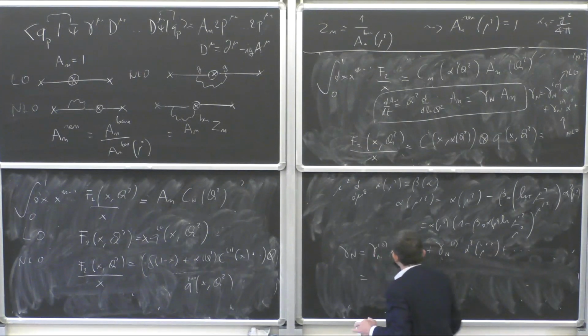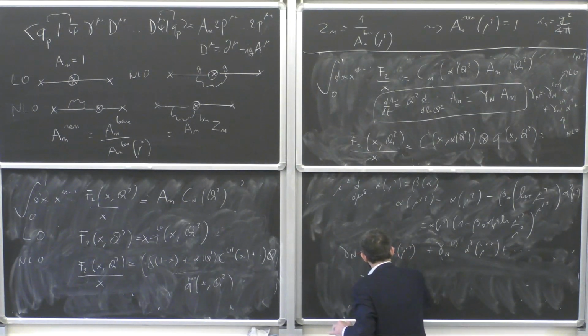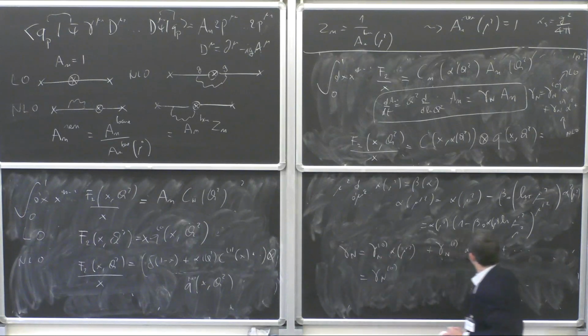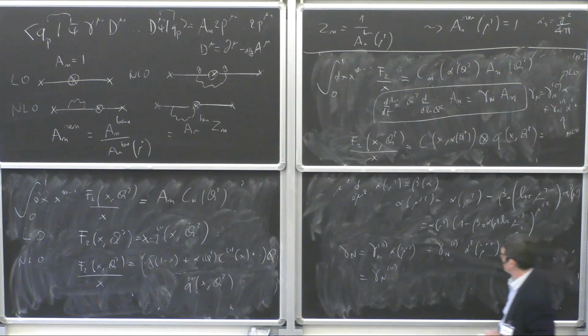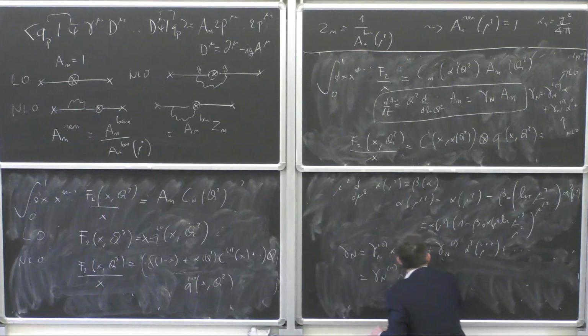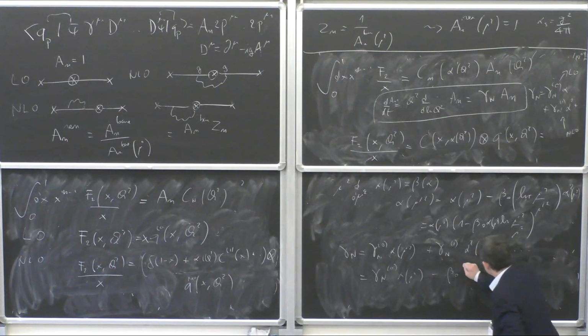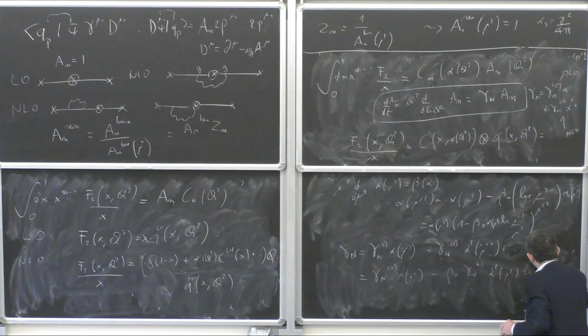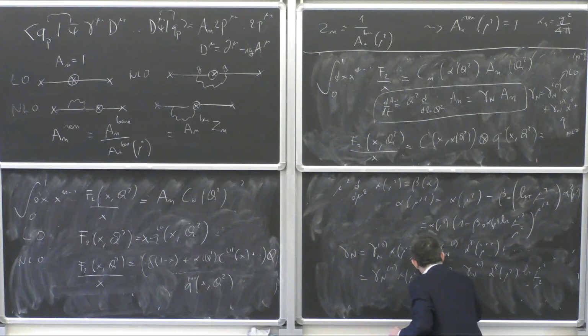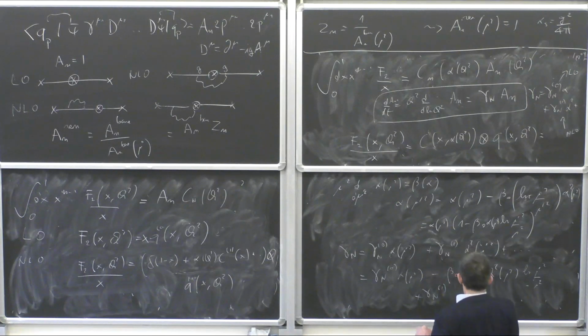Then I substitute this equation down here. So I have alpha of mu square, and then minus beta naught gamma n naught alpha square of mu square log mu prime square over mu square, plus gamma n 1 alpha square